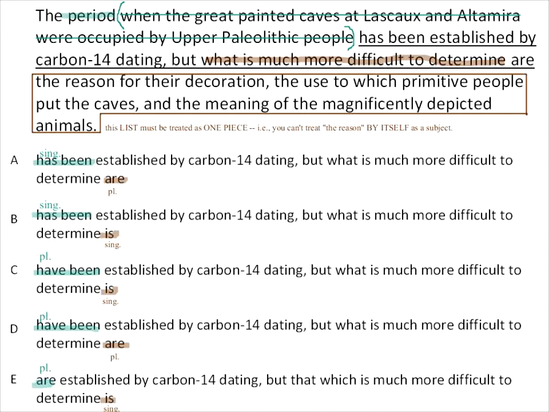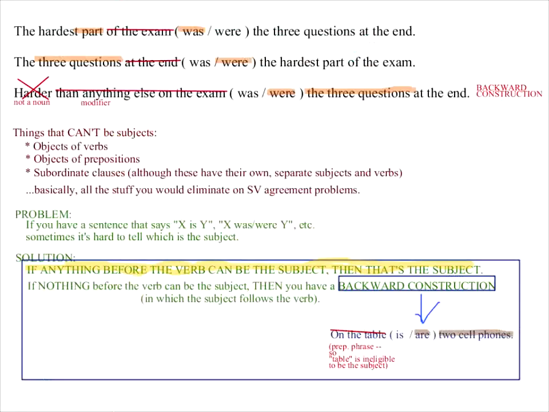All right, now there's one more thing I want to bring up, which is that this list must be treated as a single piece. Okay, this is also an extremely important criterion here. So let me give you an example. If you have a list, if you have an X and Y construction, if you have a compound subject, which is X and Y, or a list, such as X, Y, and Z,